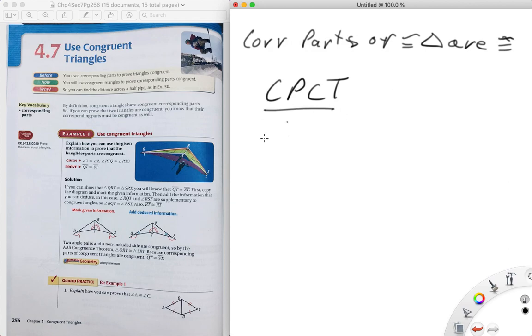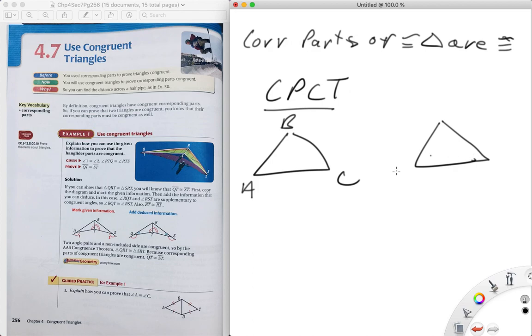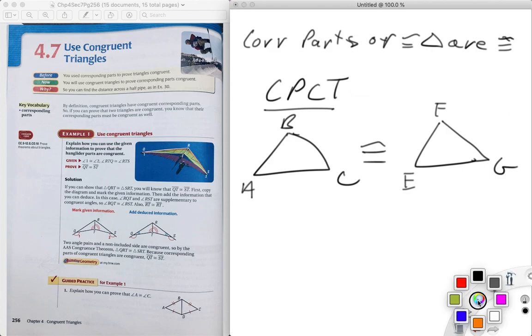CPCT. And what this means is after you prove two triangles congruent, so let's say this is A, B, C, and E, F, G. After we have proven that they're congruent, then we can say any parts of them are congruent. So let's say we proved they're congruent because of side angle side. Well, after we've proven them congruent, then any parts of these triangles, as long as they're corresponding parts, can be